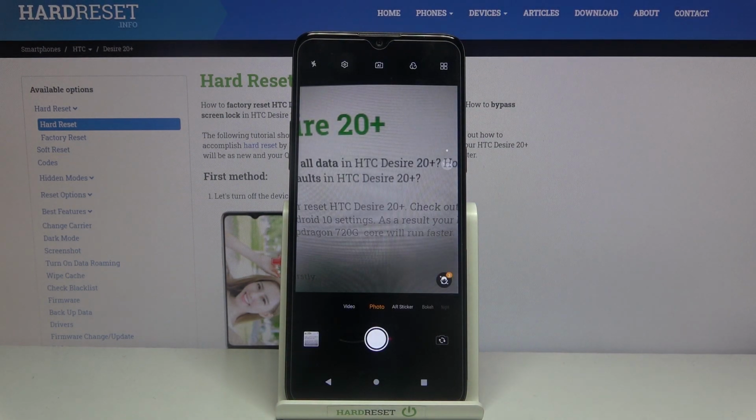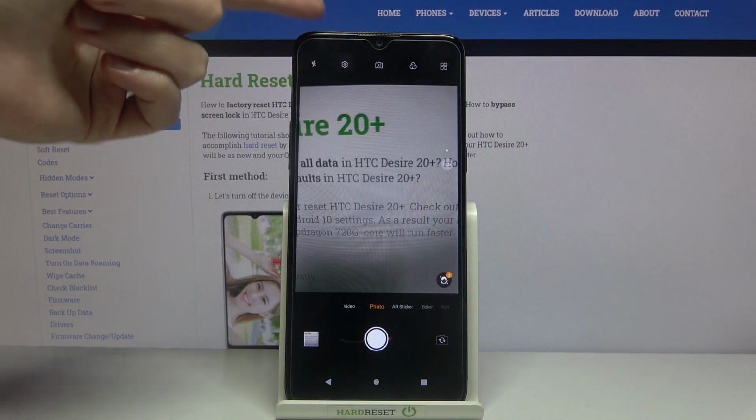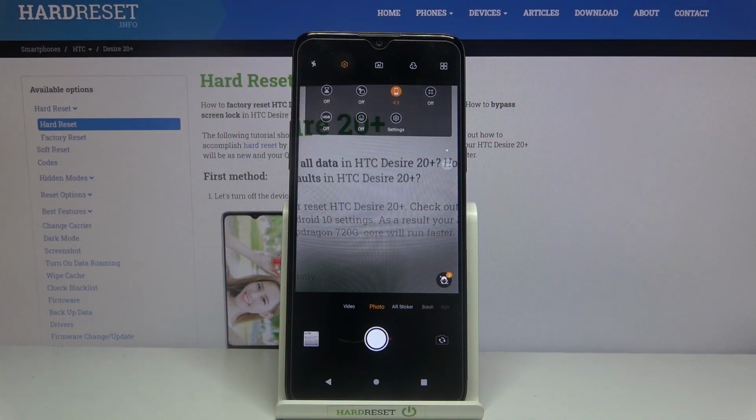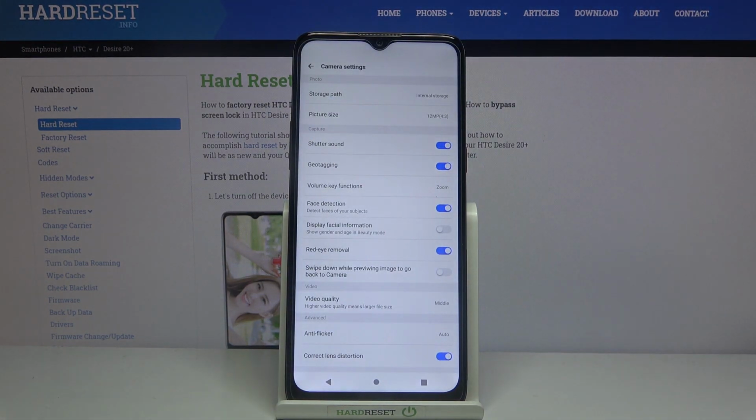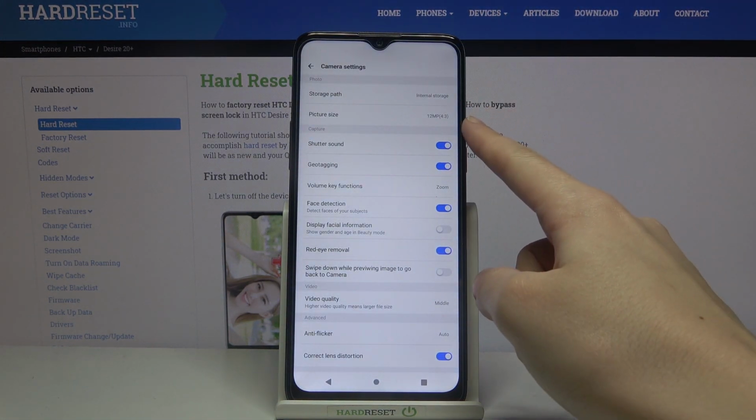and for now we are in the standard photo mode. Now let's move to this settings bar and tap to the second from the left button, so we get access to more options about the camera we can manage. From here let's pick this settings button to open the advanced camera settings,